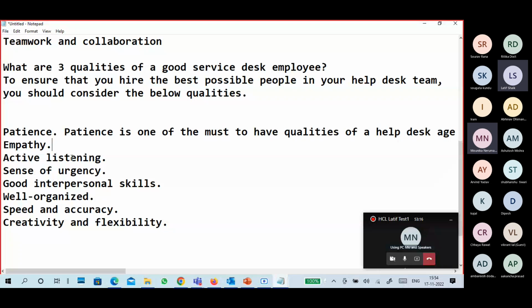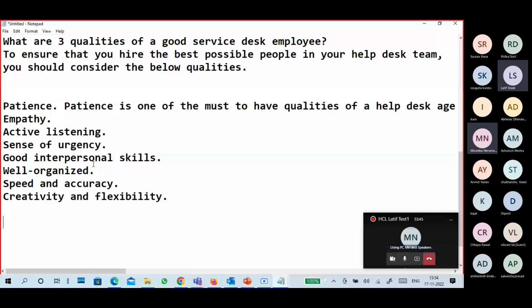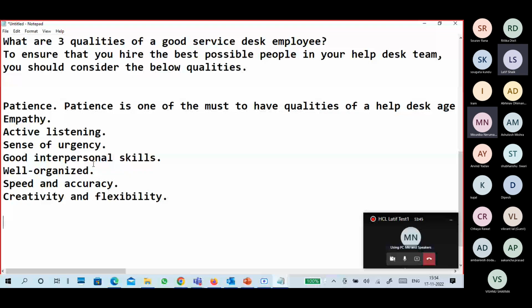Okay, so that is three qualities. You're all good listeners. Whether you listen or not, you never speak again. You don't speak, you don't ask questions. Active listening means you listen, and if you have a doubt or you have expressed something, you want to say something in between. So that is called active listening. Good listening is different. Active listening is different.